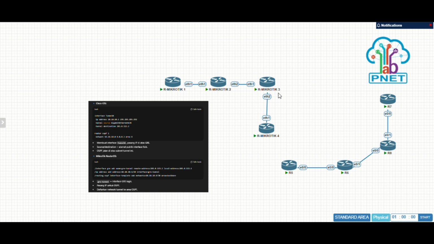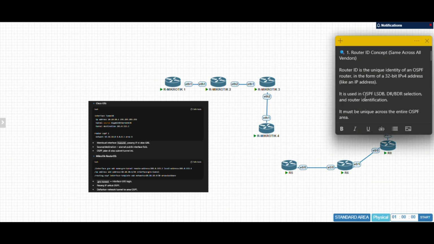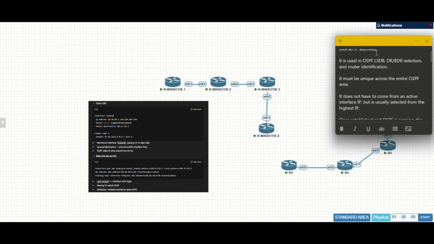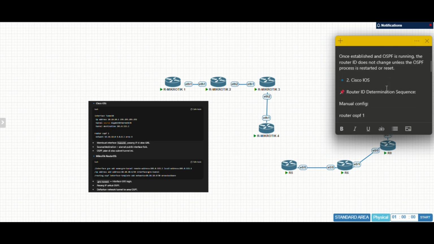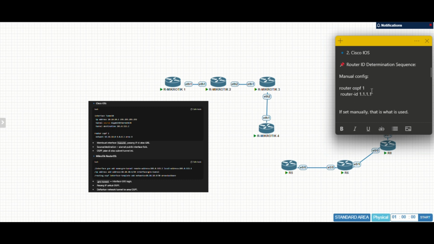In MikroTik, I will repeat about the router ID. The router ID has the same concept in all vendors: a unique identity used in OSPF, LSDB, DR or BDR selection, and router identification. But in Cisco, for the example config, if set manually, it will use that router ID. After you make the router OSPF with the number, you enter the router ID.